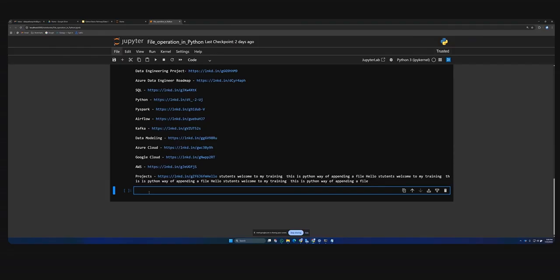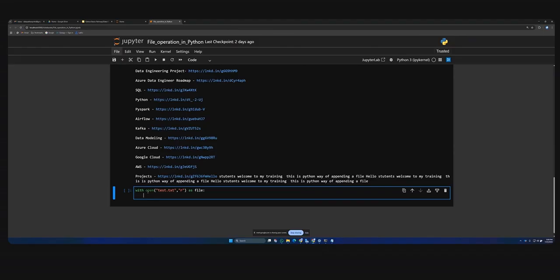So which statement will I use again? With open. What is the file name? Test.txt, the path I've picked up, comma. Again, I'm using read only, R, as file colon. Then for line in file,